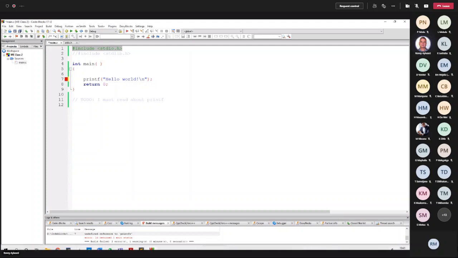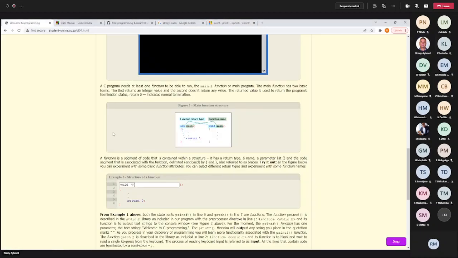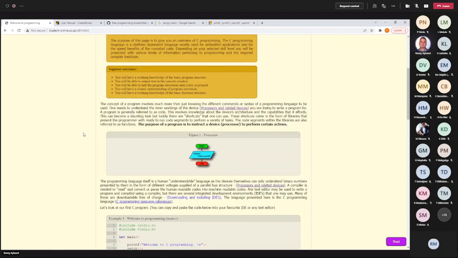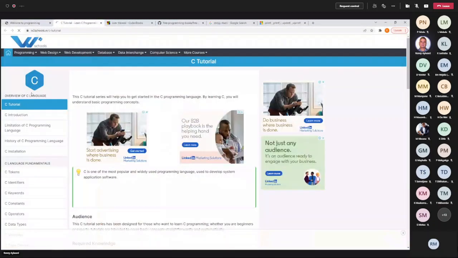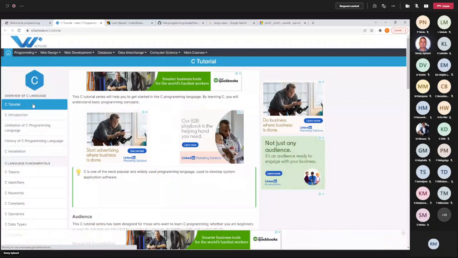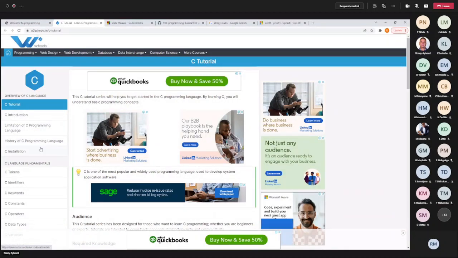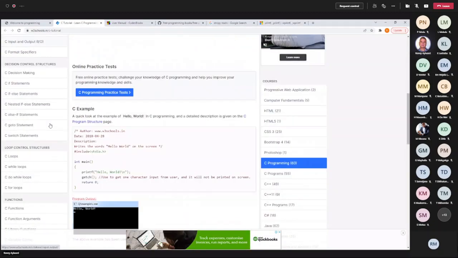Also, you can go to any of these websites here, and there are tutorials of what the different things mean, and there should be a place where you can search.